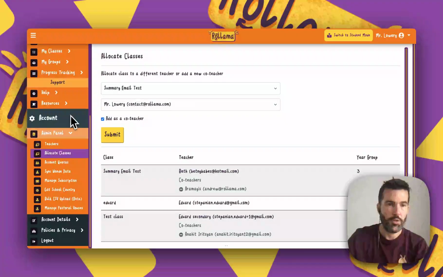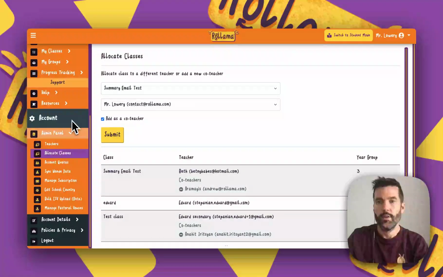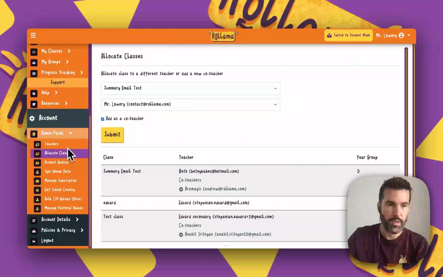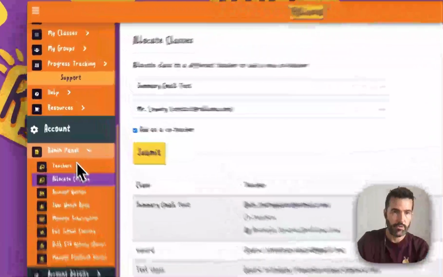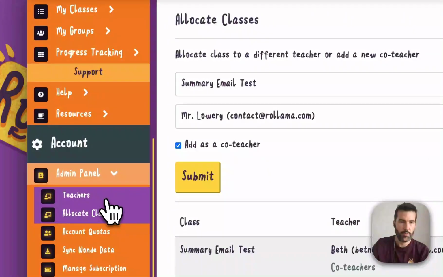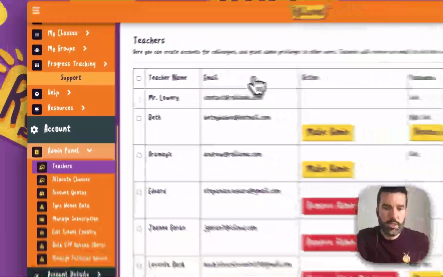So this is an overview of the school admin panel. If you create the account for your school, you will be a school admin user by default. Otherwise, you could have been made a school admin by another admin in your school. When you click admin panel in the bottom left of your dashboard, you can add teachers here